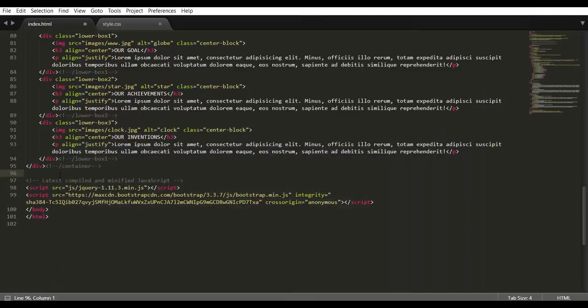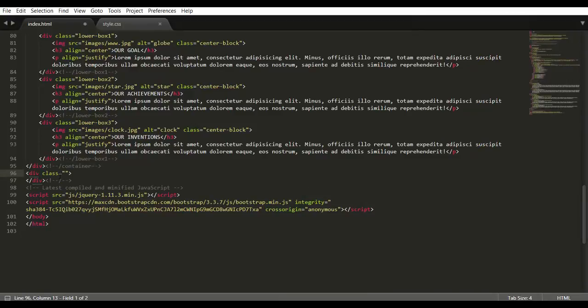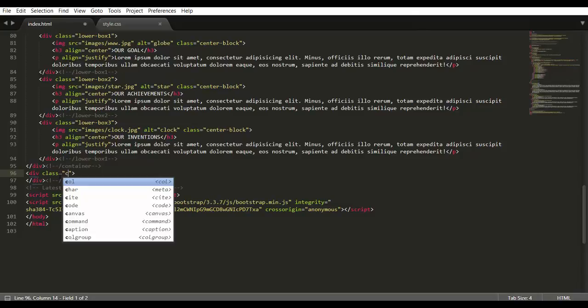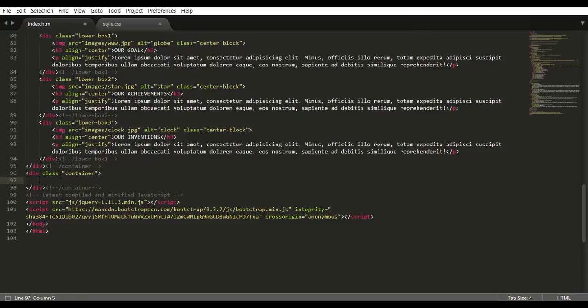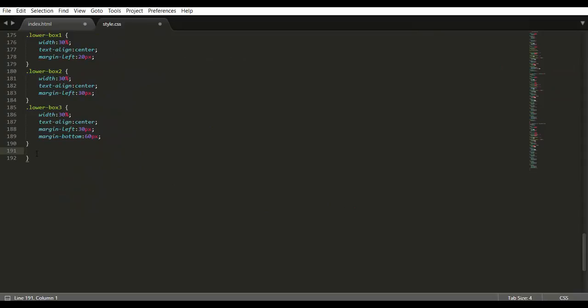So let's come to the HTML here, and first design the gallery heading. For that, first insert a div class of container, and inside that container, let's give it a heading. Let's say H3, and inside that H3, let's give the heading, let's say Gallery. Now for designing this gallery, let's give a class to the container here of, let's say, gallery heading, and coming to the style sheet, let's define that class gallery heading,